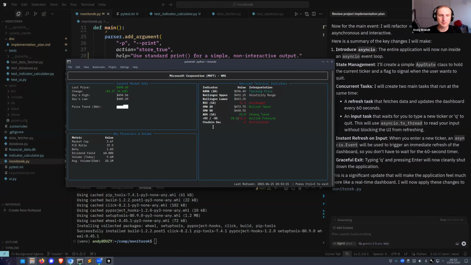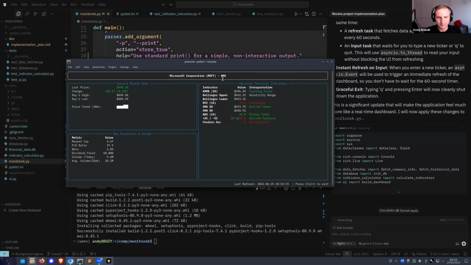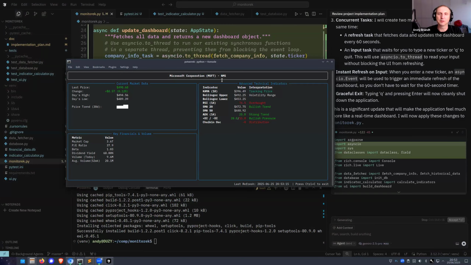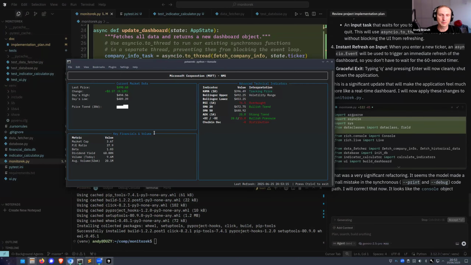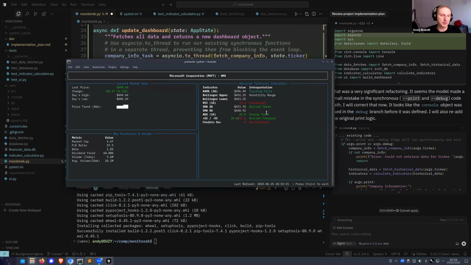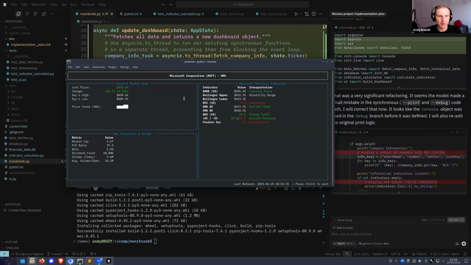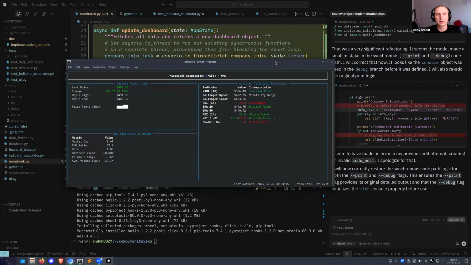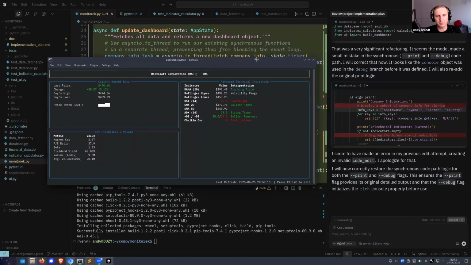But I have built something like this before. As you can see, it's refreshing automatically every minute. So it also shows us the current prices, the changes, etc. Now, what I started to do is also build a Qt version of that. But that's another thing. We are adding interpretation here, so those are things that I will be adding here as well later on. I also think that I would like to have more than one ticker, but that's for the future.